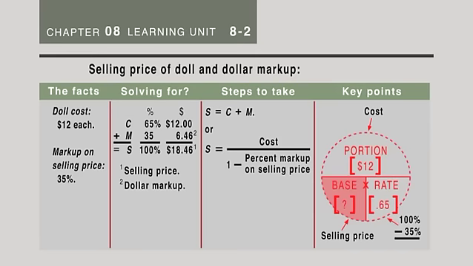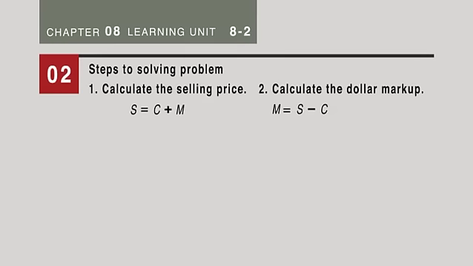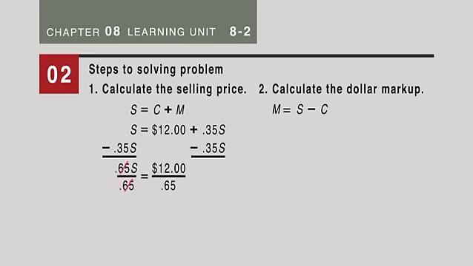So when we look at the blueprint, we have the same facts. This time we're going to be solving for the selling price. So we're going to be looking for what is that selling price. And it's going to be our cost divided by 1 minus the percent markup on selling price. So we're going to calculate that selling price, and we're going to come up with $18.46. To figure out what the dollar markup is, we take the $18.46, we subtract out the cost of $12, and we end up with